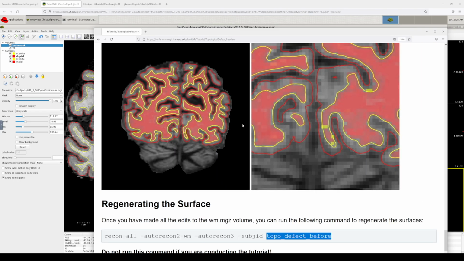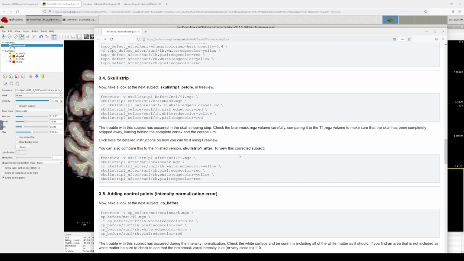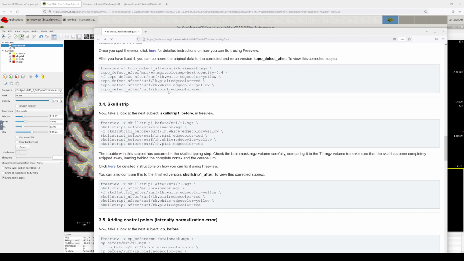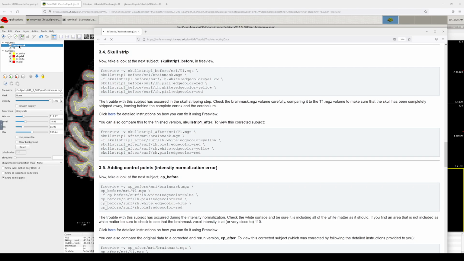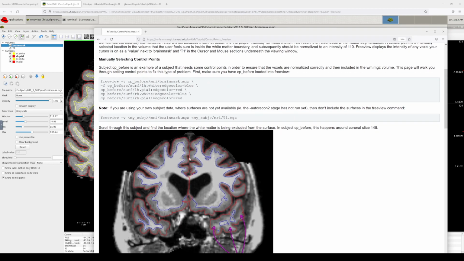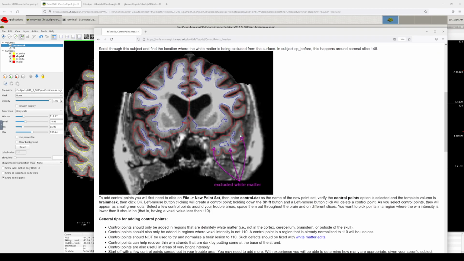So that's another one. And then the other one that I've seen issues with before is needing to add control points. I'll show an example of this, because with these other ones you're editing a different volume, either the brain mask or the white matter.mgz, but this is one where you're going to add what we call control points. Here's an area where they're showing there's quite a bit of white matter that's excluded. That side is okay. This could technically extend out a little bit more, but we're not going to worry about that. That's just a minor